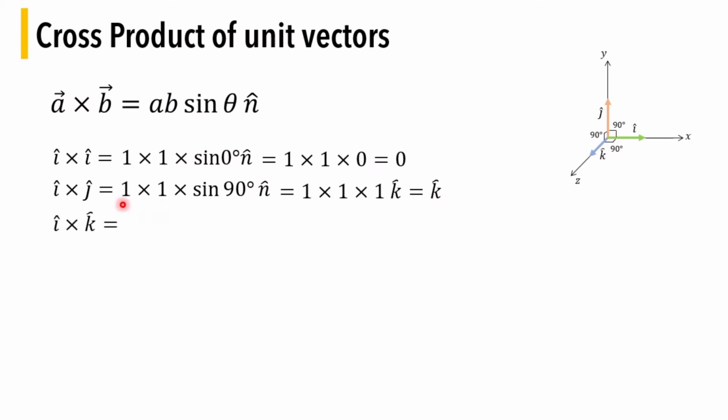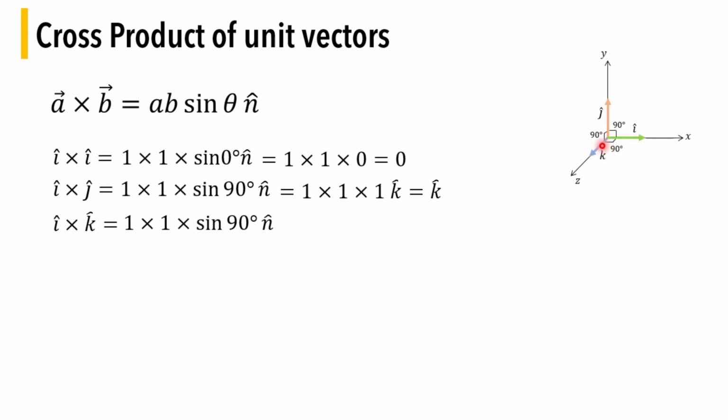Okay, same thing. Here the magnitude of i is 1, the magnitude of k is also 1, and the angle between them is 90 degrees. So we can write like this. We know that sine 90 is equal to 1, but what is the direction of n? The direction of n we will find in a similar way as we found for i cross j. So we have to curl the fingers of the right hand from i towards k. This is i and this is k. We have to realign our hand so that we can curl our fingers from i towards k. When we do so, you will notice that